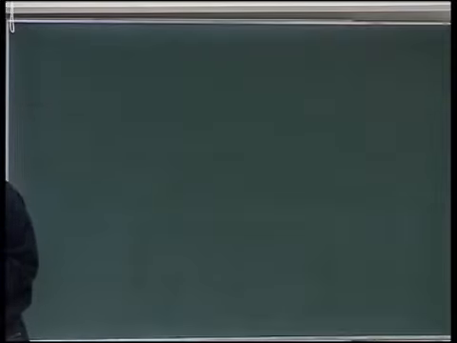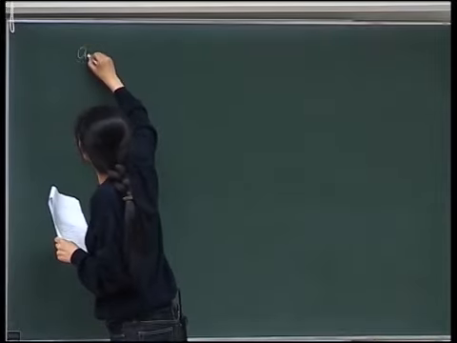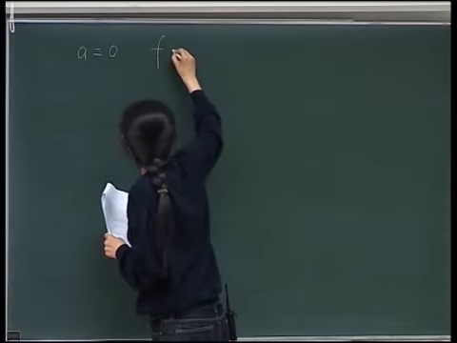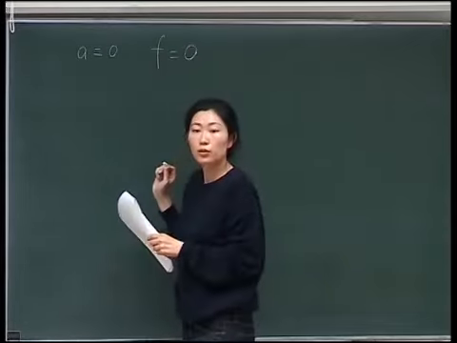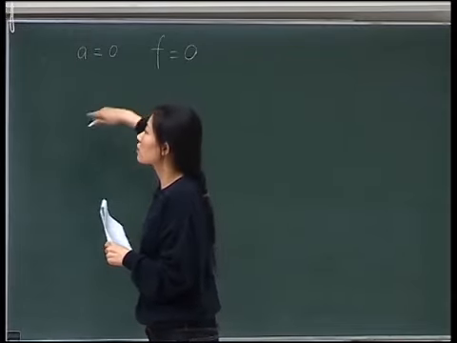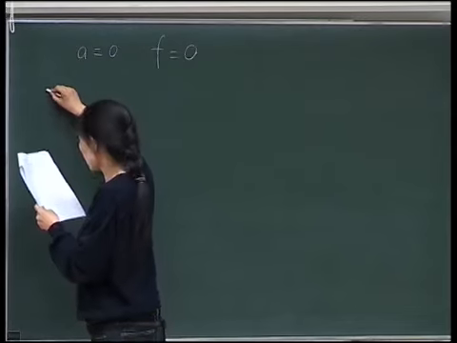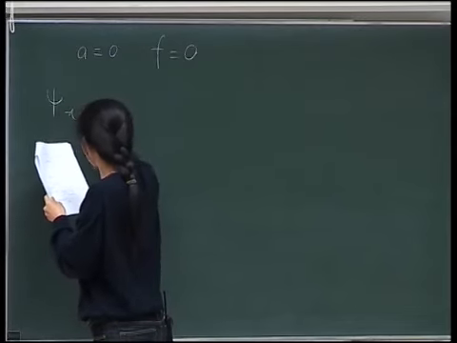From P2, we can see that for a equal to 0, f equals 0 is the solution. So let's substitute this into its linear problem. We see that it becomes